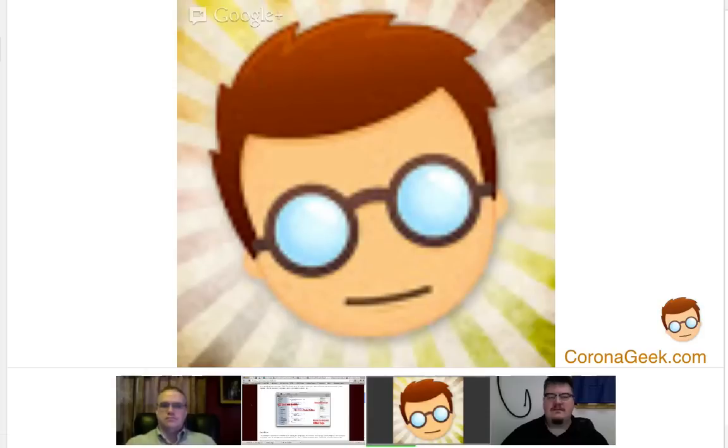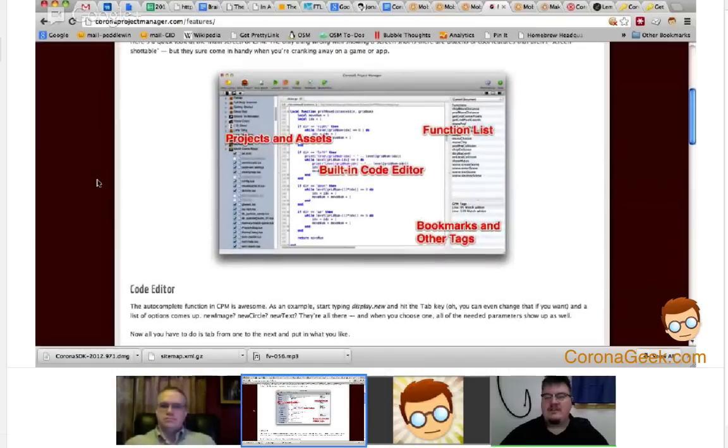Okay. So tell me, what is Outlaw? Outlaw is actually probably the next version of Corona Project Manager. I'm getting ready to do a CPM update, but it probably won't be called Corona Project Manager. It'll probably just be called Outlaw. I'm going to go ahead and switch. And part of the reasoning for that is because in the current version of Corona Project Manager, if you go into preferences, you can actually set the framework that you're using on a project-by-project basis. So if you're using Corona SDK, that's cool. And if you're using Moai SDK, you can set it for that also.